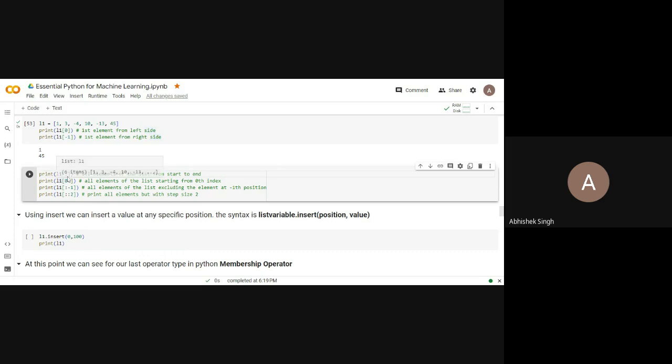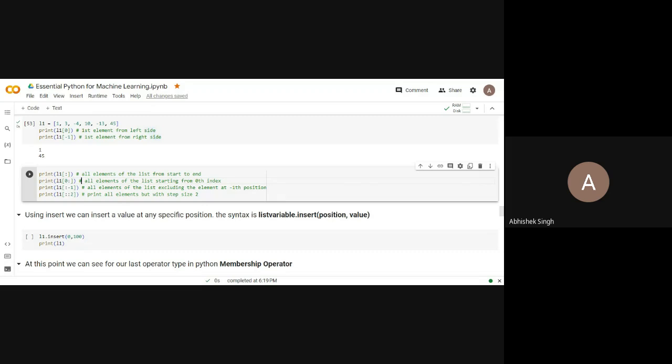So how it works: in square brackets you have written certain position numbers, but if you don't write numbers and you write a colon here, it means that before the colon consider all elements and after the colon consider all elements. If you write like this, it means print all the elements of the list from start to end. The same thing can be written like this.